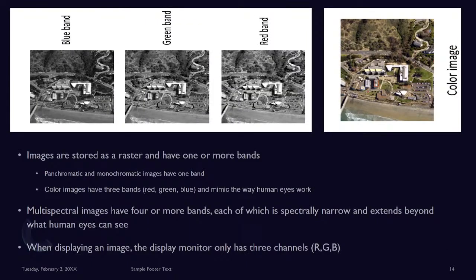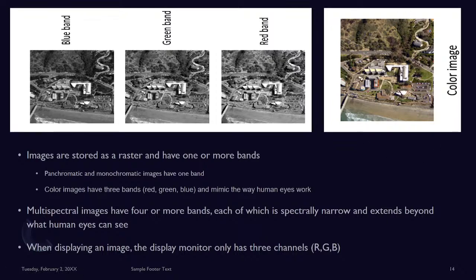So what are images? Images are stored as a raster and can have one or more bands. The sensor may collect electromagnetic energy in different bands: blue, green, or red. There are two types of images: panchromatic, or single band images, and multiband images. Panchromatic and monochromatic images have just a single band. Color images may have three bands, maybe RGB or some infrared or ultraviolet. When we combine three bands together, we get a color image or